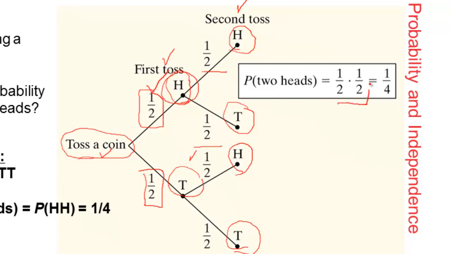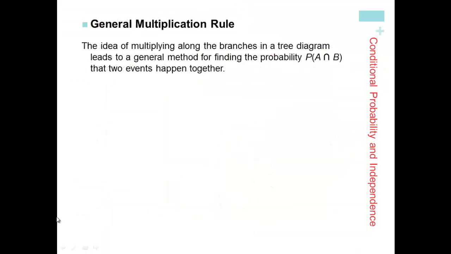So you can see that another way that we could get a 1 in 4 probability is to multiply along the branches of the tree. To flip a head, the first toss would be a 1/2 chance. A head on the second toss would have the same probability of 1/2. So if I just multiply those 2 together, it gives me a probability of 1/4. This leads to the idea of multiplication along the branches in a tree diagram, and a general method for